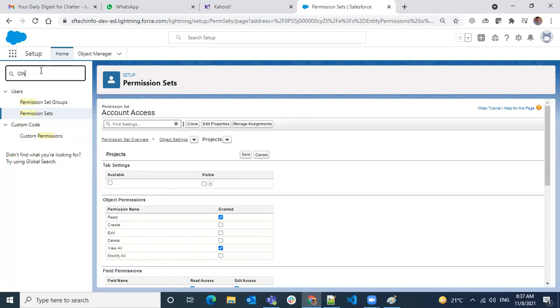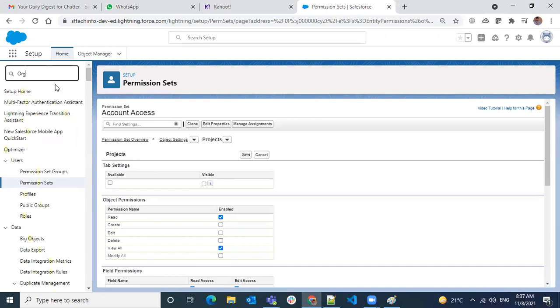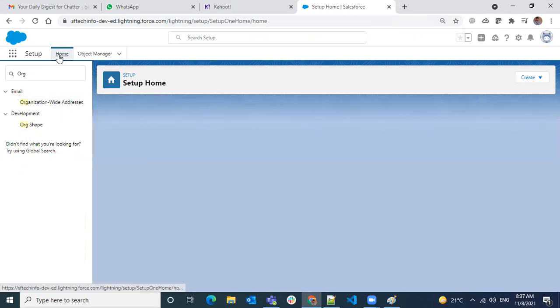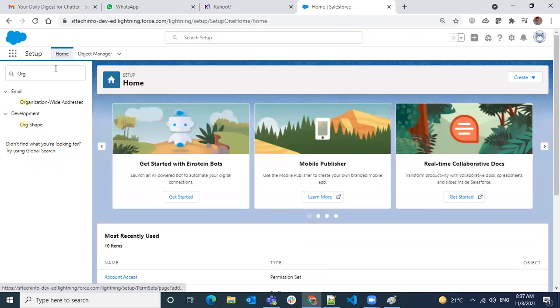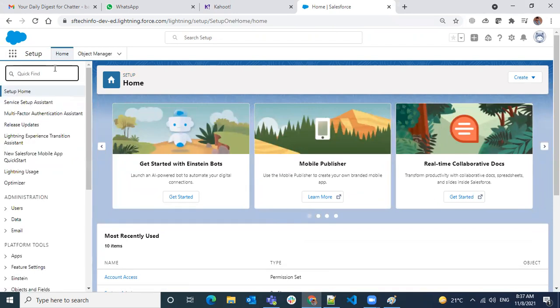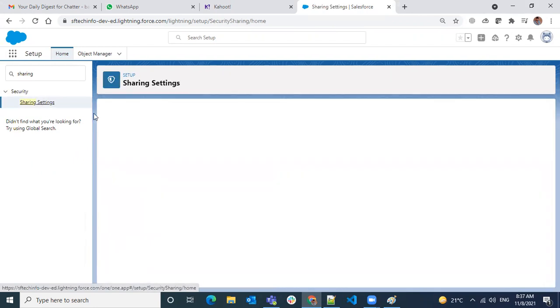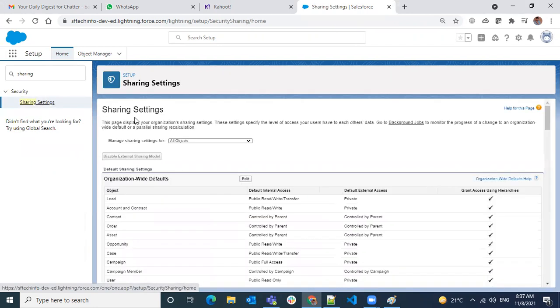These org wide permissions are controlled in the sharing settings. In your sharing settings, you will have your org wide defaults.